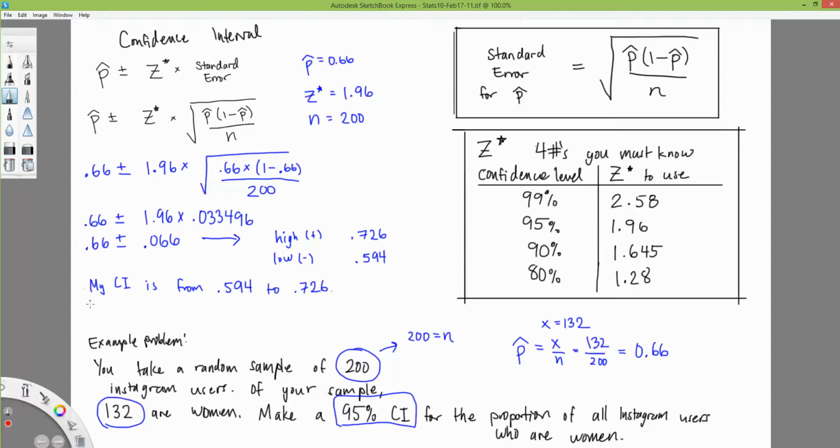So what we would say is, I am 95% confident that P, and again, what is P? The proportion of Instagram users who are women